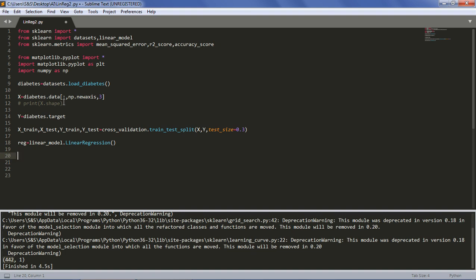To train our model, we must use the fit command and train our model with x train and y train. This command trains our linear regression model with x train and y train, and creates appropriate coefficients